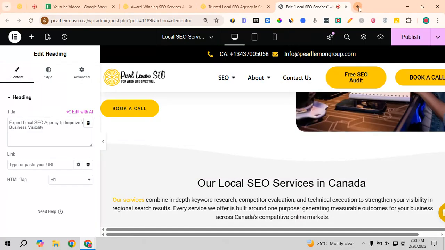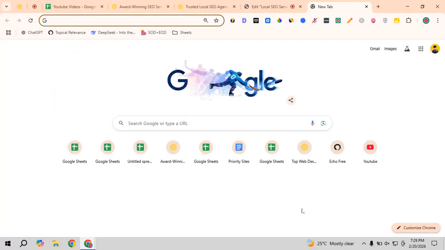So to find the keywords, I'm mostly using multiple methods. The first one, and the best method that I have experienced till now, is the Google suggestion method. What we need to do is simply